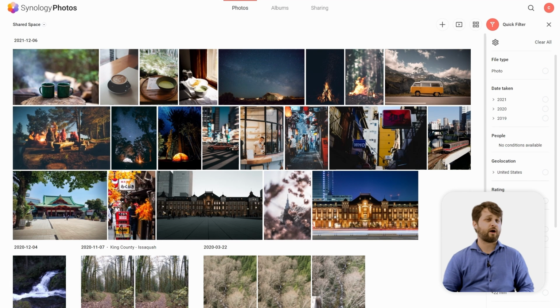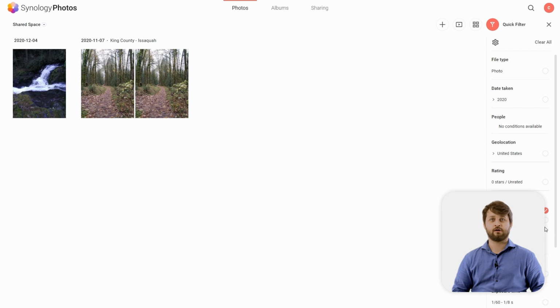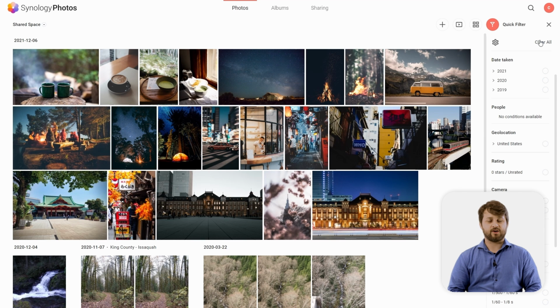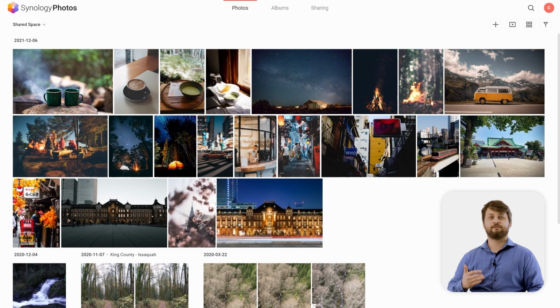Now this is an extremely powerful tool, especially for professional photographers. Let's say you had a specific camera and you had some specific settings and you wanted all of the photos in your entire library that had that camera and those settings. You could do that here. You could select what camera you utilized or multiple cameras, and even select other settings, like I said, with the aperture, ISO, exposure time, etc. So as you can see, it's a very powerful tool to be able to find your photos based on what camera settings you had, and that's all done by utilizing the metadata that is paired to those specific photos.